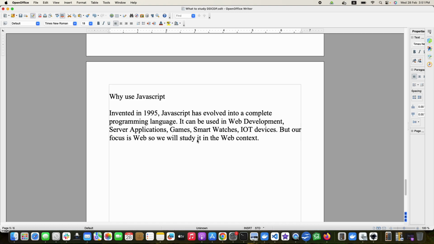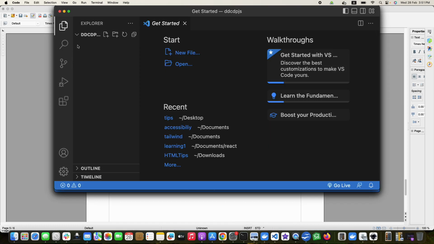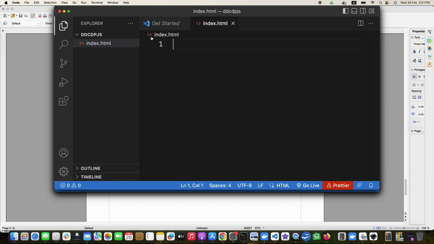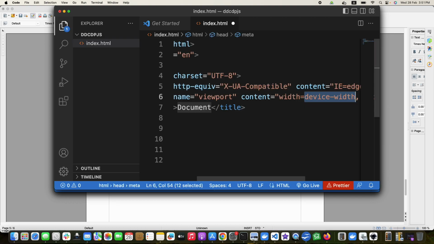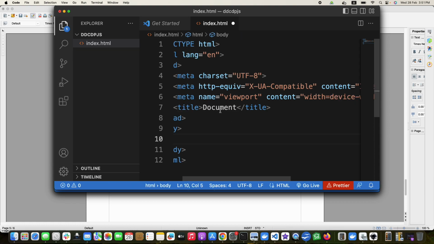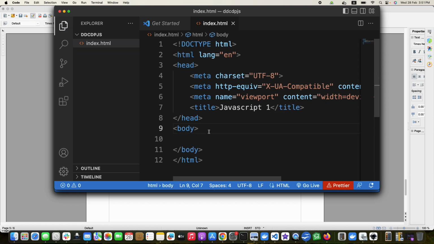So let us start using JavaScript. I have created a folder DDCDP.js. I will just create a file for now, maybe index.html. So just bare bone JavaScript 1. Okay, so if I open it in the browser,